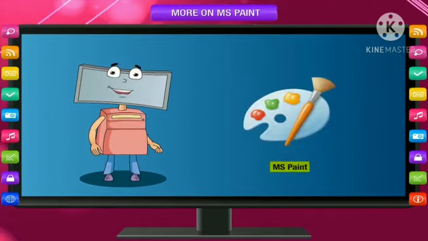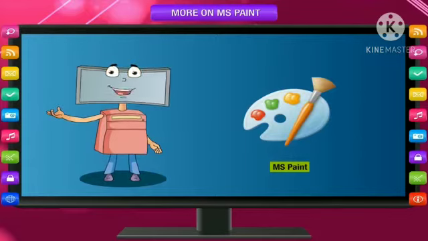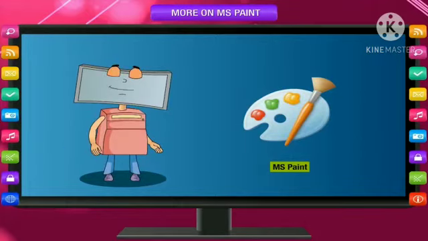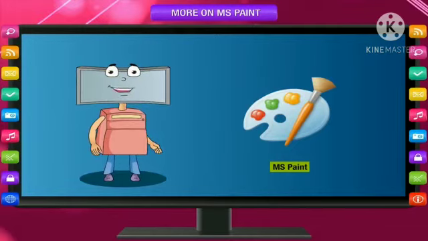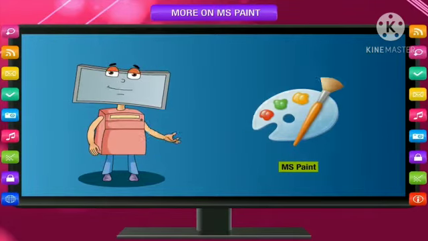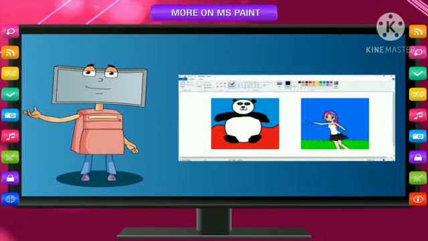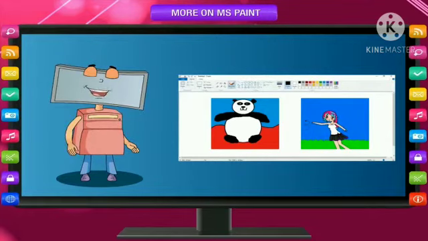Paint is a simple graphic program to draw pictures on the screen and paint them with beautiful colors. This is frequently called MS Paint or Paint. This program is a part of Windows accessories. It is a feature in the Windows OS that you can use to draw, color, and edit pictures. You can use Paint like a digital sketchpad to make simple pictures or even to create creative projects. You can use Paint to add text and designs to other pictures, such as those taken with your digital camera.